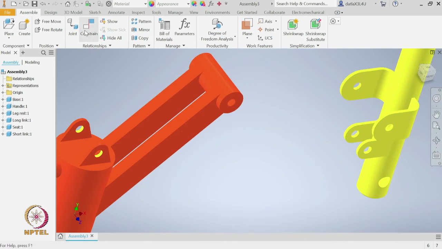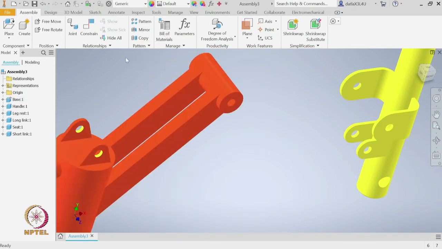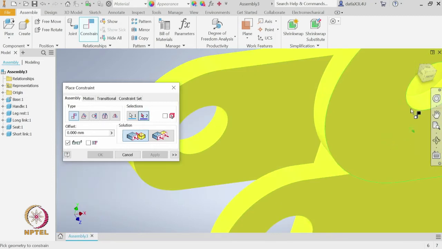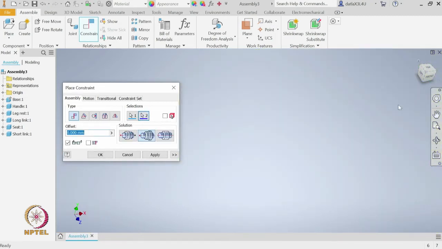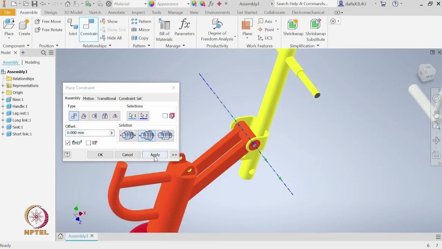Before we get started, let us ground the base, and then we can go ahead and apply this constraint. This is one axis, let us zoom in, this is the other axis, and now apply the constraint.